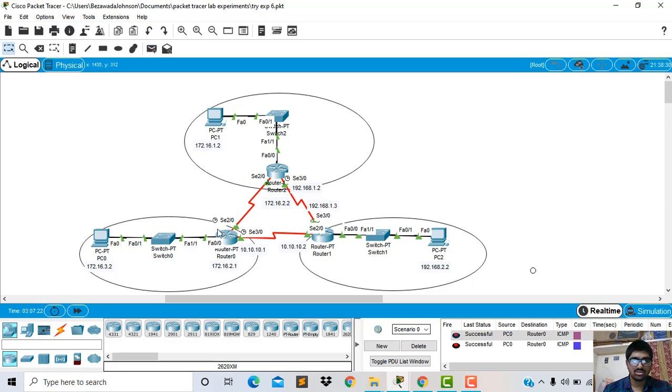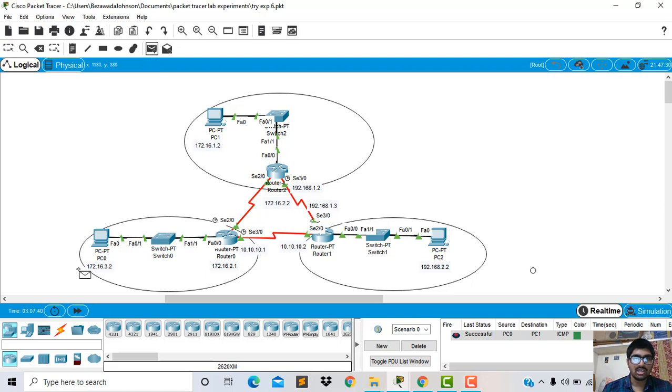Here PC0 to router 0 is successful. Here we can see PC0 to PC1 is successful.